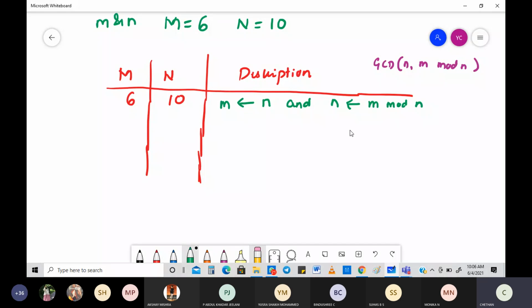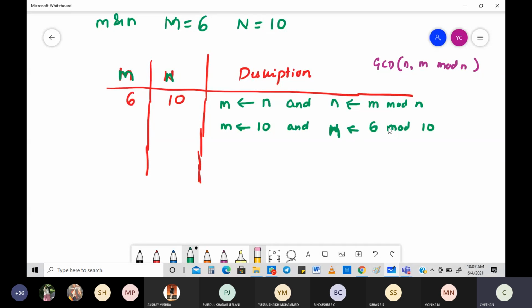So what is the meaning of that? That means the m value will be equal to the 10 value, which will be put in right here. And what's the next thing? You are going to get the n value. What is the n value? The n value will become equal to, do one thing, everywhere we use a small thing only, so that there will not be any confusion. So n, what is the value you are going to get? 6. Be careful here. 6 mod 10. Now you see how the value is changing.